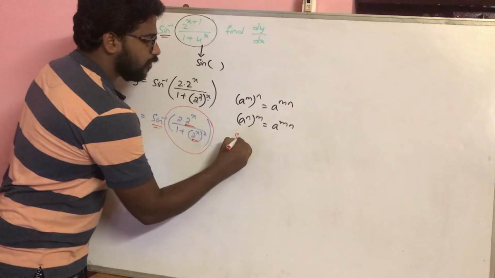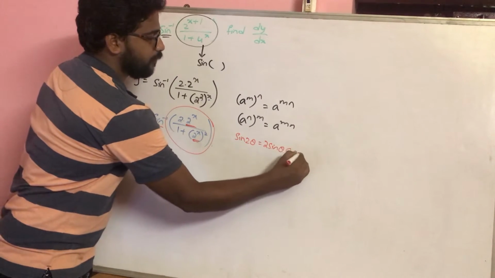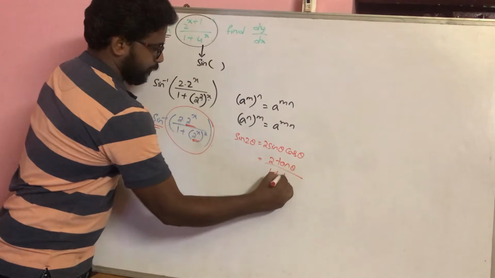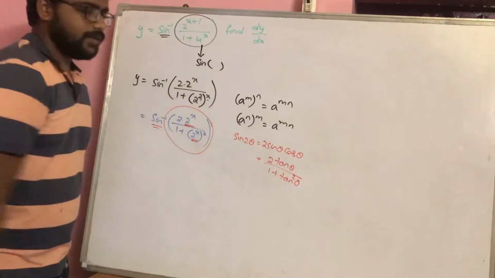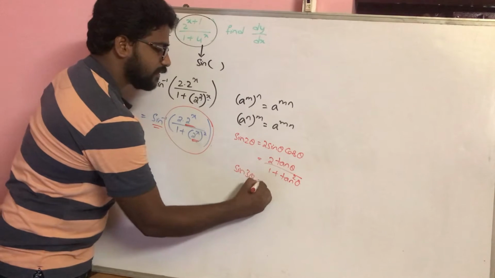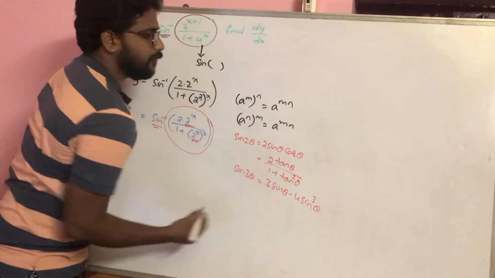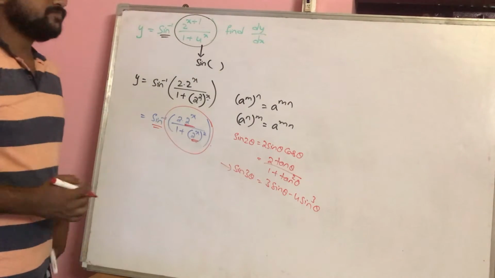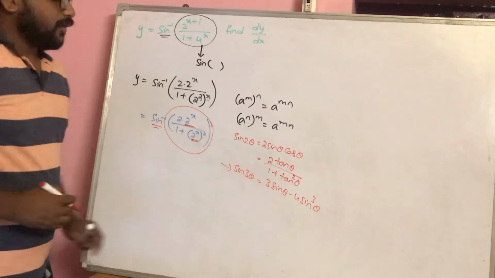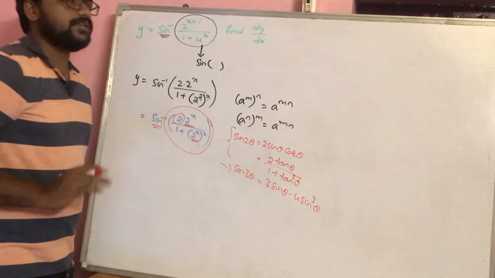If I try to recall the formulas, sine 2 theta is 2 sine theta cos theta. Another formula for this is 2 tan theta by 1 plus tan square theta. I also know sine 3 theta as 3 sine theta minus 4 sine cube theta. What made me not go for this formula? Simple thing. It's 3 theta, so you have terms with respect to 3 here. Here the terms are related to 2, so I can restrict myself to the sine 2 theta formulations.